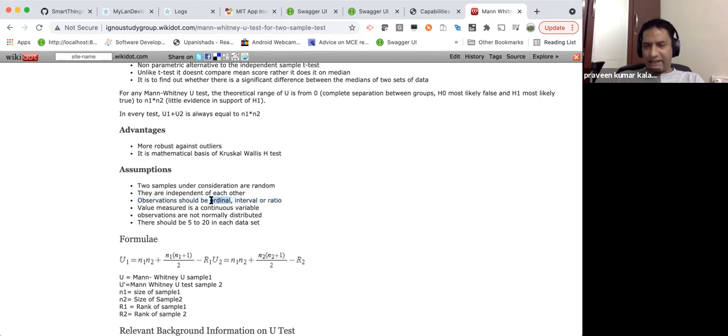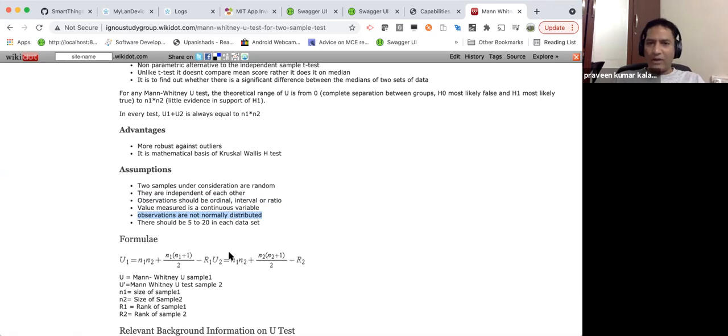The only thing where these algorithms don't work is nominal data, because nominal doesn't have any value associated with it, right? I can't really put a value on something like a city name. There is no order that I can get out of it. So these tests would not work if my data is of nominal type. So this works from ordinal to any type of data. Okay, so this needs to be a continuous variable.